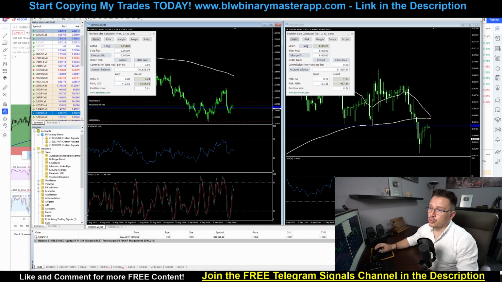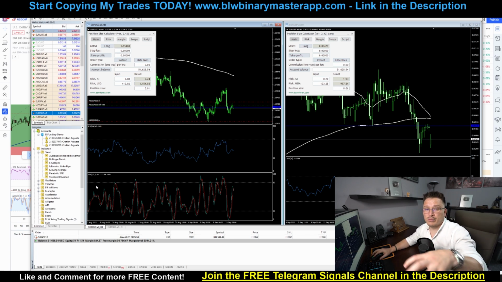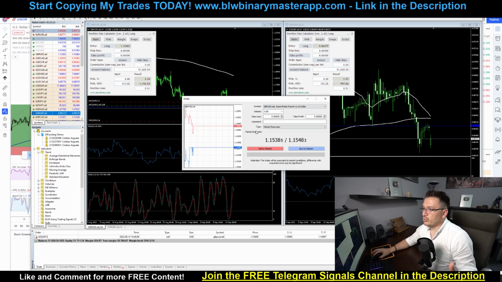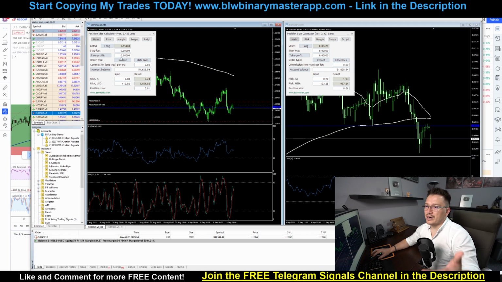Okay, there's also one very cool tool that you can download, since you're going to be trading with MT4. It's called position size calculator, and it basically tells you how much you're going to be making or risking based on the pips you put in and the lot size. I know it's complicated for some beginners to use MT4 because you don't know how much money you're investing. When you place an order, for instance, right here, you don't really know how much money you're risking. But with this extra indicator or plugin, you can actually know, for instance, if you're going to be using